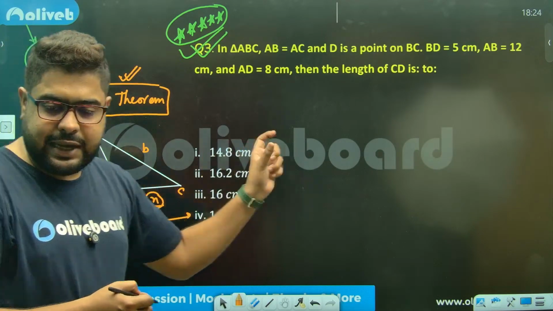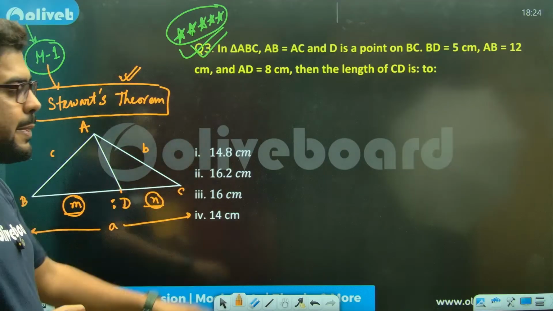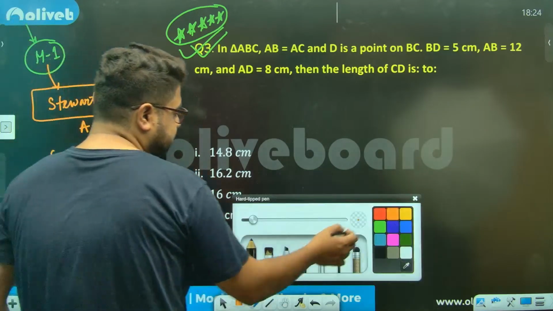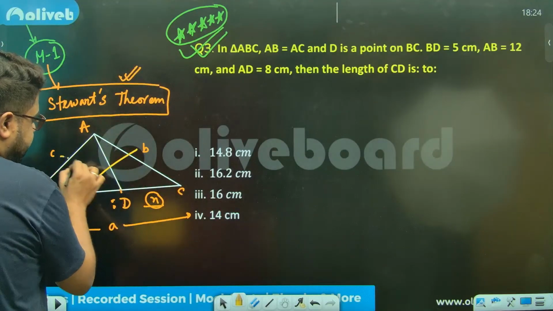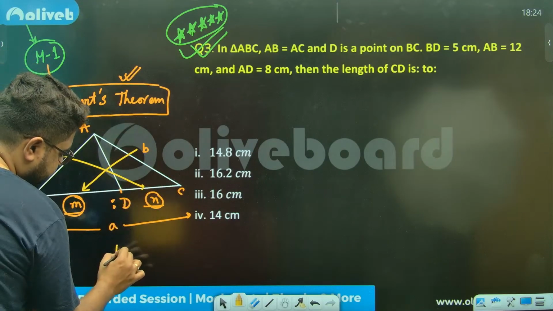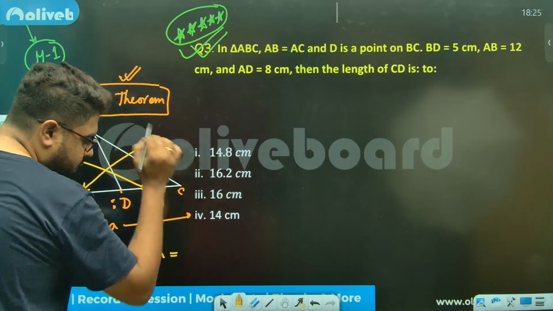These are like the lengths of BD and CD. So ultimately, M plus N is nothing but A. So Stewart's theorem is saying, if you cross multiply them, so BM plus CN, that is equal to,